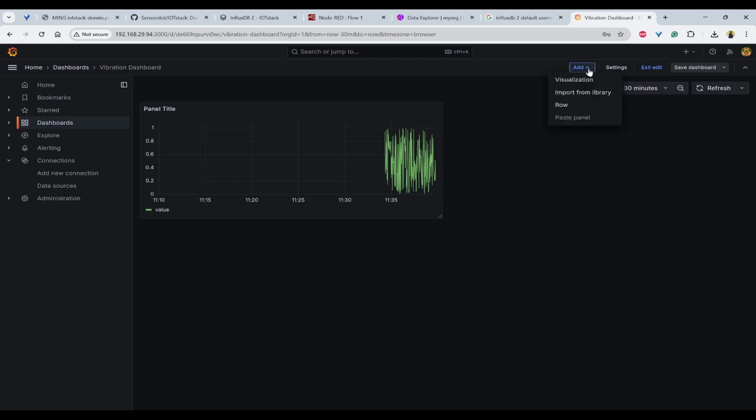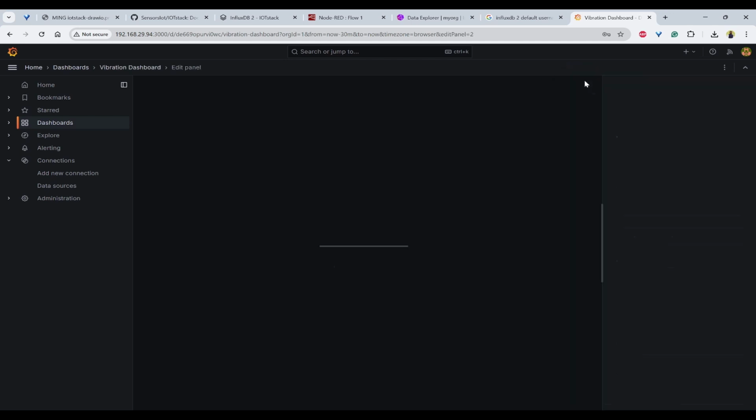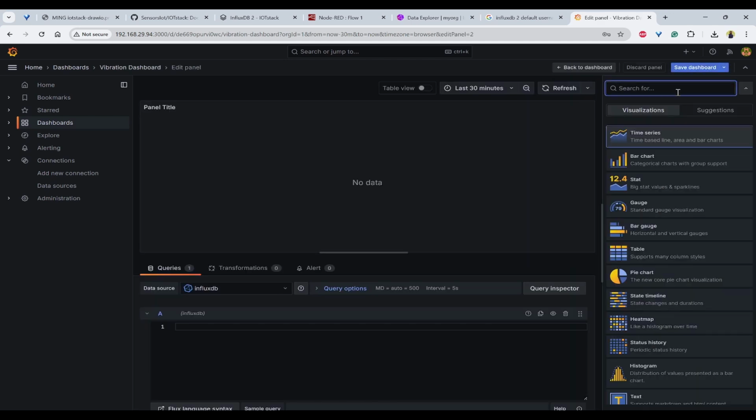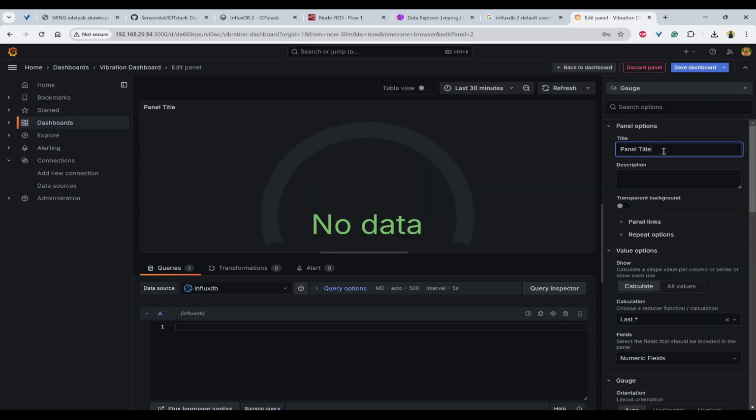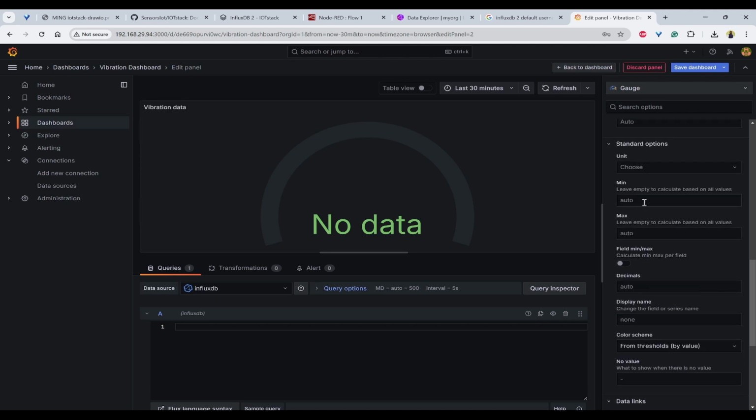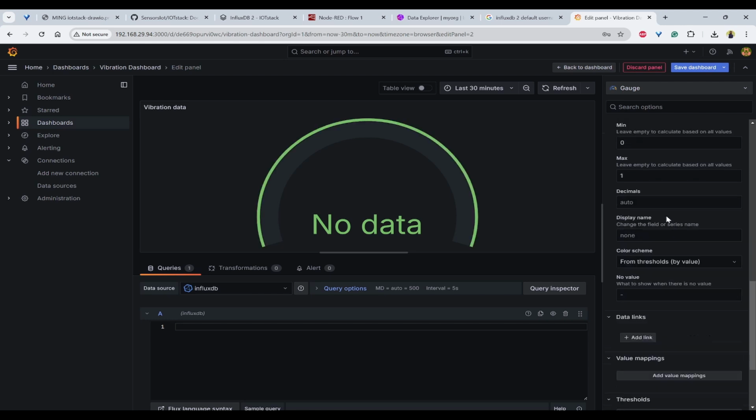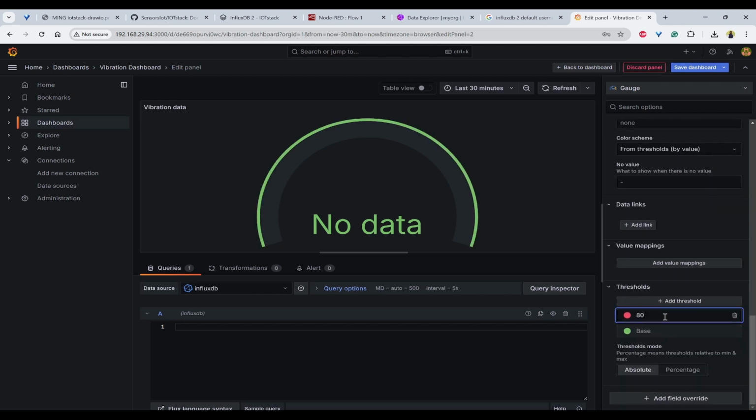If you want to add another visualization, click on visualization here. You can even use a gauge. In the min, you need to use 0, max as 1, and the threshold will be 0.8.